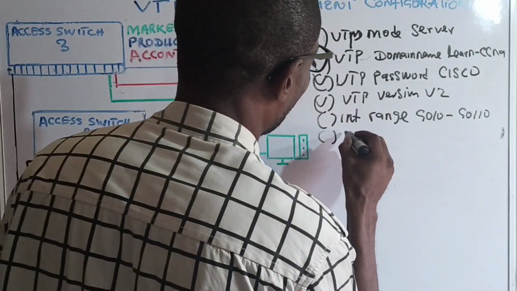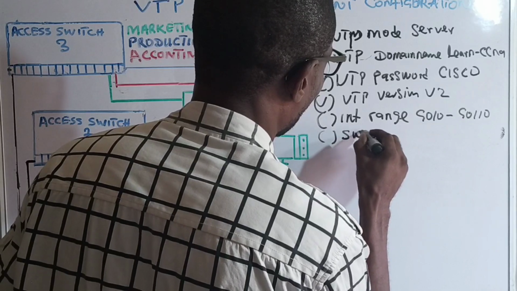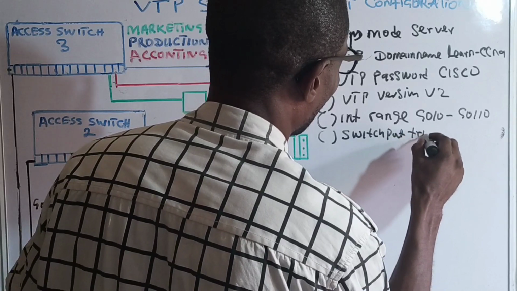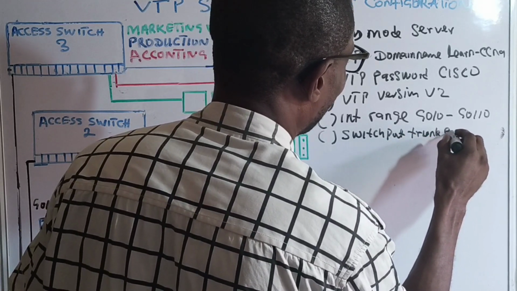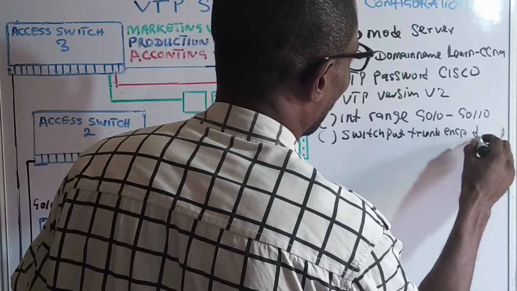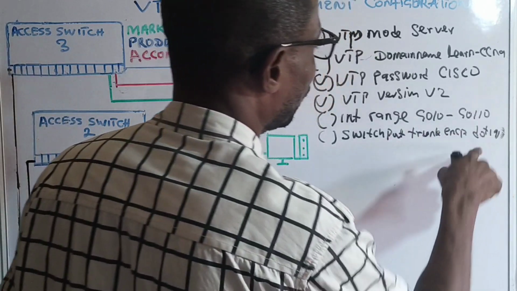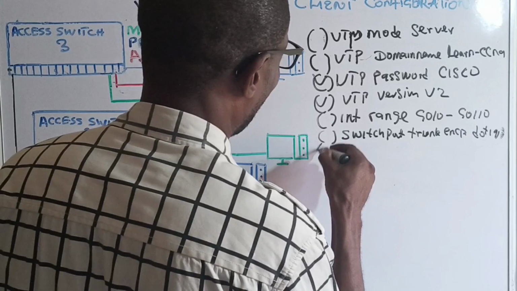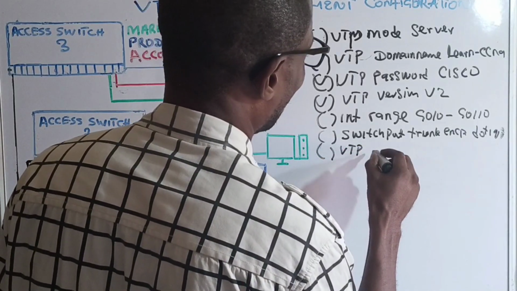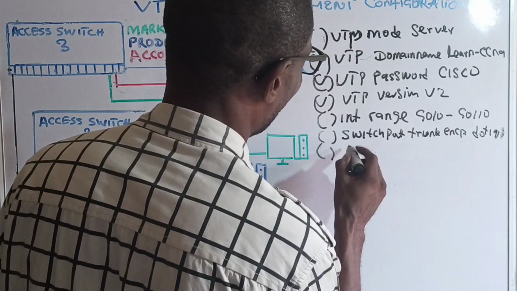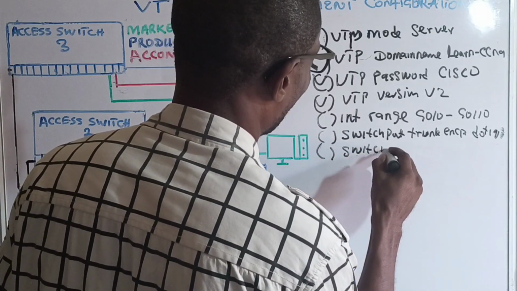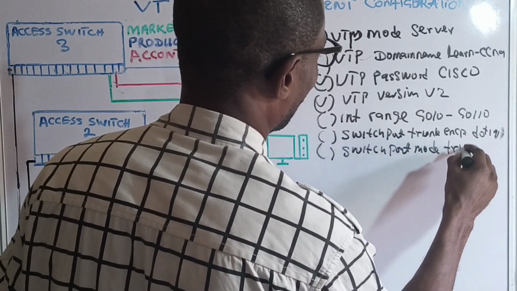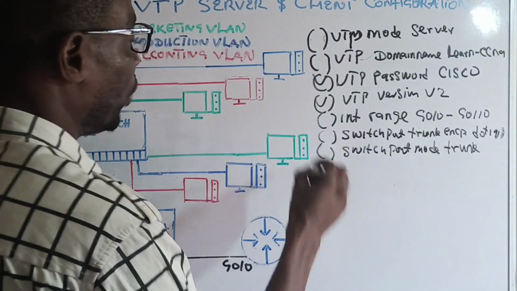Okay. You do this, switchport trunk encapsulation dot1Q. This dot1Q is the trunking protocol. Okay. That tags each VLAN. You hit enter. You now put, sorry, not VTP, switchport mode trunk. Then you save here,